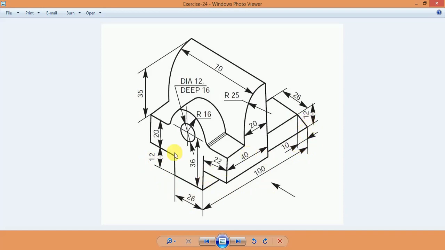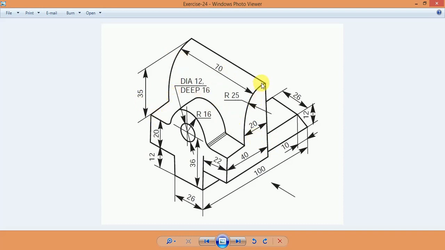After that we draw another rectangle, 20 by 70, and extrude up to 40. Then we draw another rectangle, 20 by 35, coincident with this edge, and extrude up to 70.